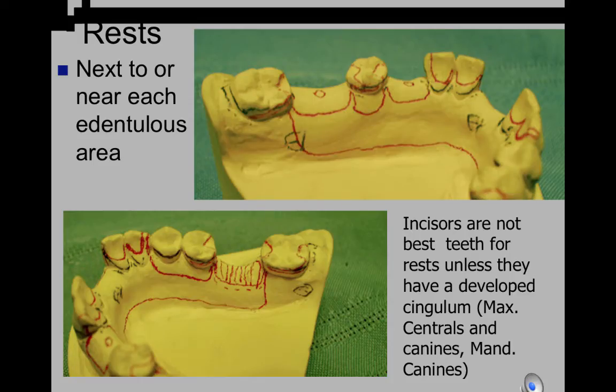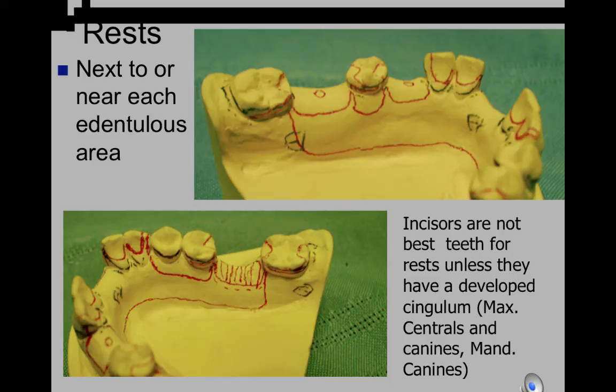Rests need to be next to each edentulous area or very near them. Therefore, you need one rest on number 22 and 27 definitely in order to provide support for the replacement teeth in the area of number 24 and 25. A rest also needs to be placed next to or on the teeth of those other edentulous areas in the